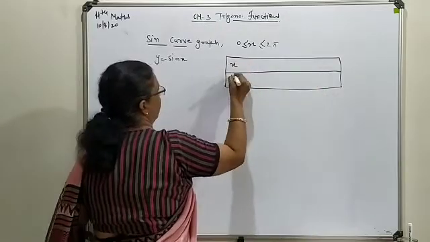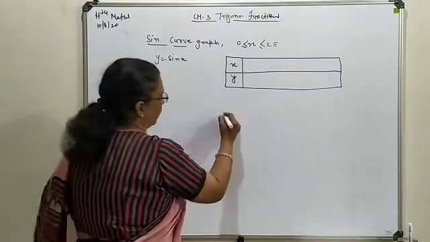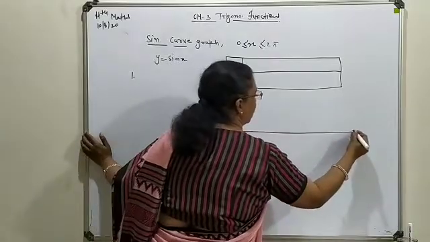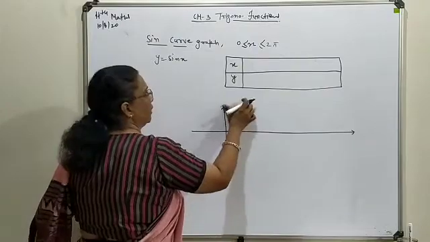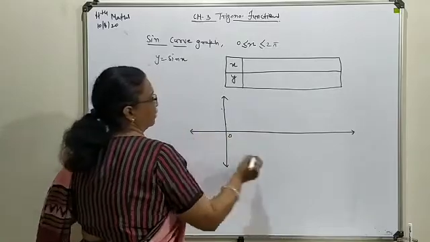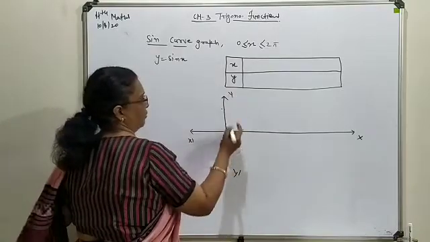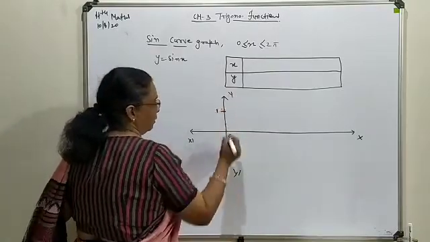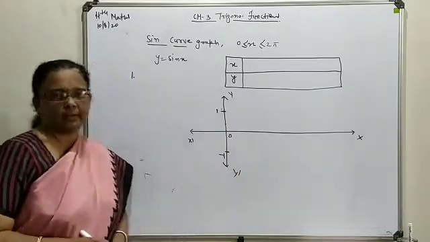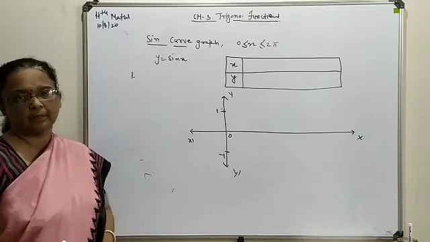This is your x and y. Y means sin x value. So let's start, and along with that we plot a graph also over here. As we keep on evaluating the values, we try to locate each value on the graphical presentation also. This is your positive direction. This is your negative direction. Now 0. Here we will take 1. This is minus 1. We know that the maximum value of sine is plus 1 and the minimum is minus 1. That's why this y value we have written as plus 1 and minus 1.